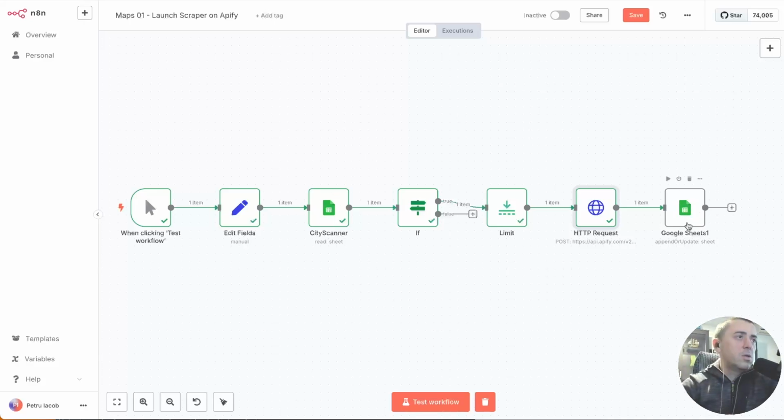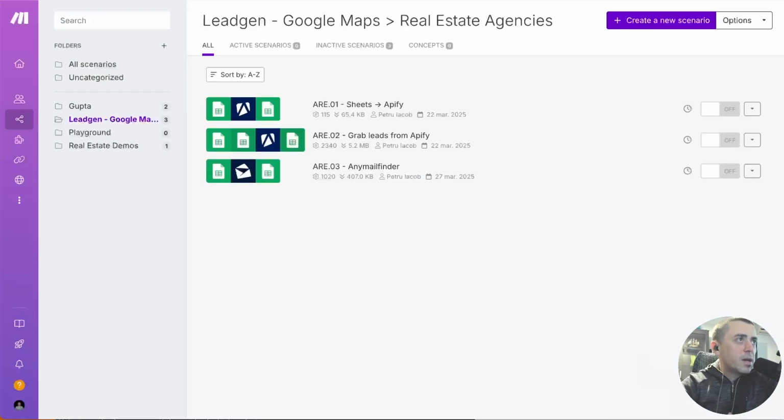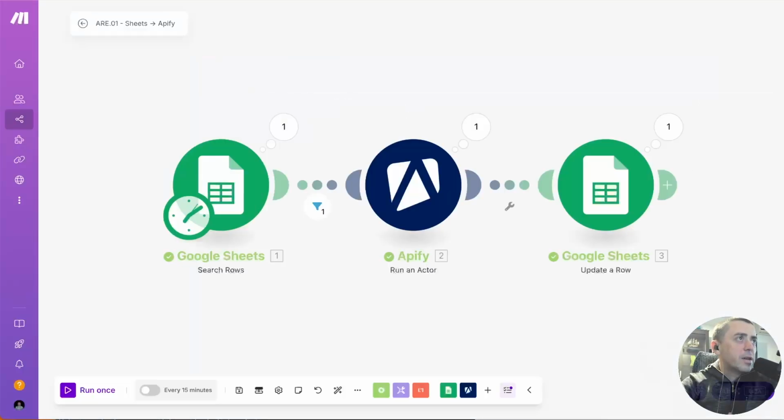So you would need to hard code it in both places. Whereas with Make, I could just enter it in here and be able to use it in the last node as well. So Make.com gives you the possibility to use the inputs as well as the outputs in other nodes,